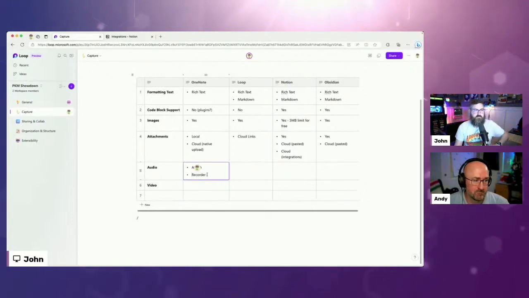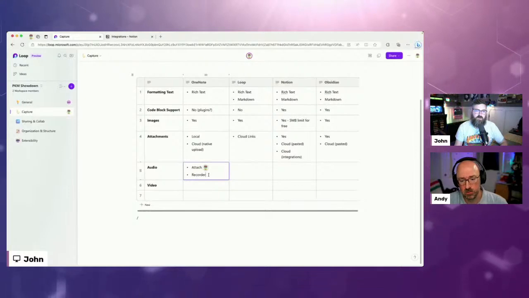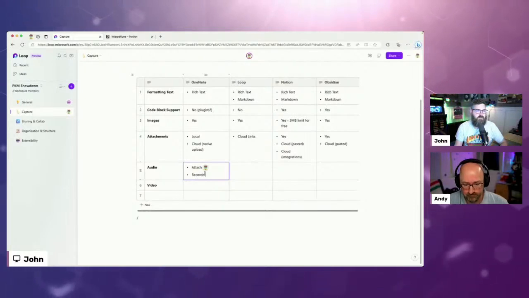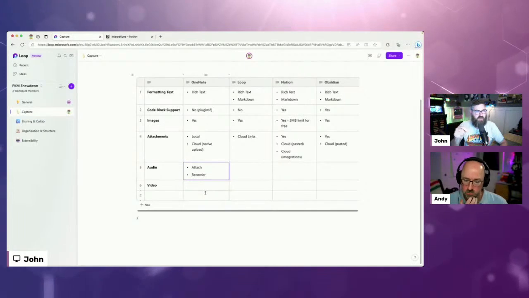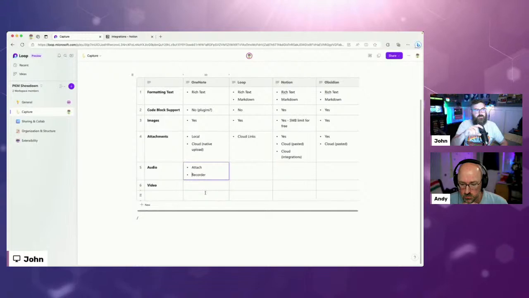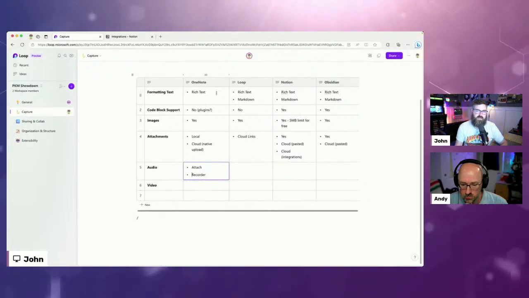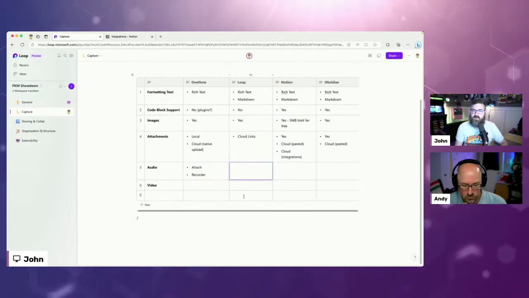I think another thing with OneNote is that it has the recorder. That was amazing. I used that all the time in college where I would record the lecture while I was typing the notes and everything. So that's a super powerful option there. I know a lot of the iPad apps I use for handwritten notes, you can also record while you're taking notes and then it will play back what you were writing at what point, or what was said when you wrote that word, which is pretty cool, but that's kind of outside of these four pillars.